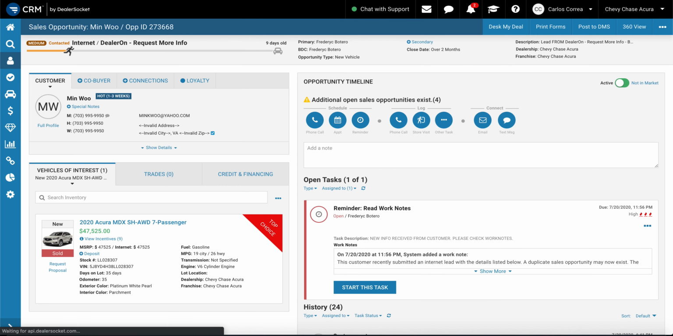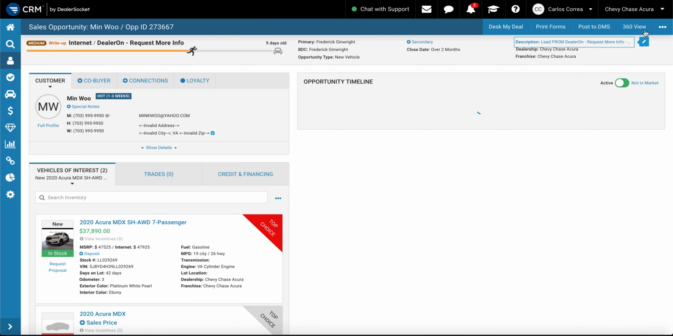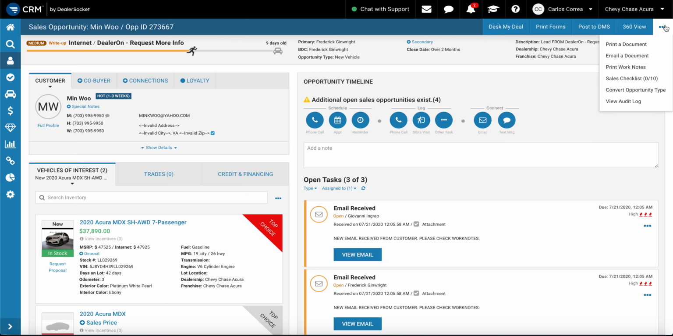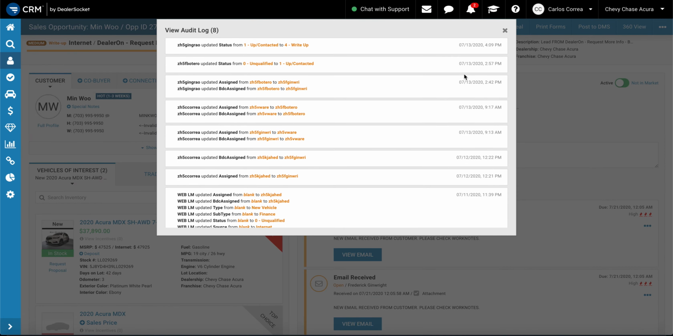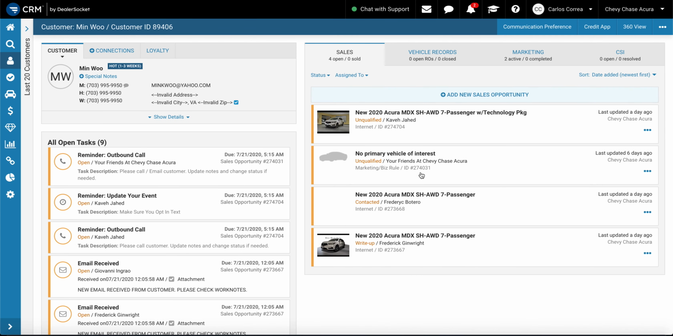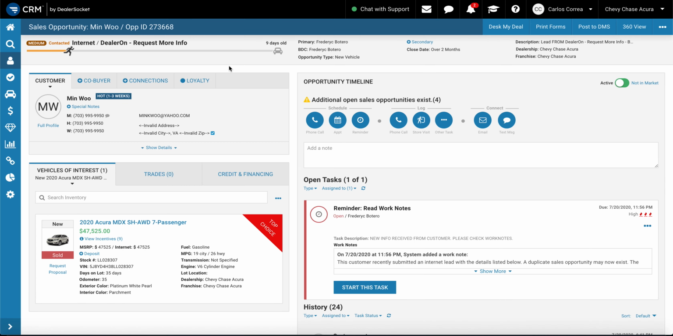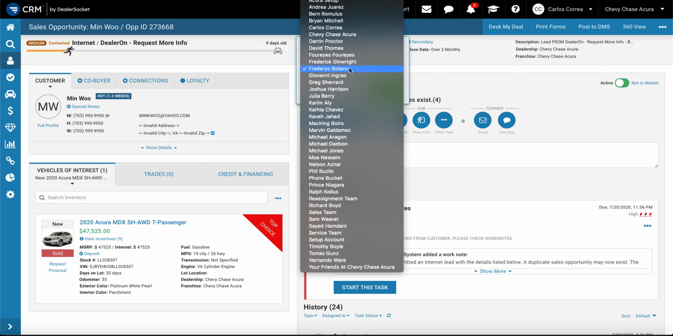Then let's go back to the other one where Ginwright was assigned. Check the same. 3 dots, view audit log. Then you can see again the lead was assigned on the 12th to Fred Ginwright. So it belongs to Fred Ginwright. So the next step, since we already know that Fred Ginwright is the one in charge of it, is changing everything to Ginwright. You can either change it here,